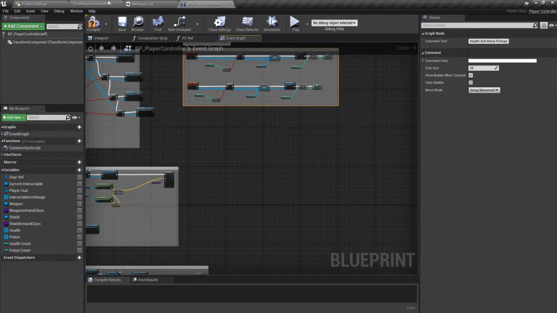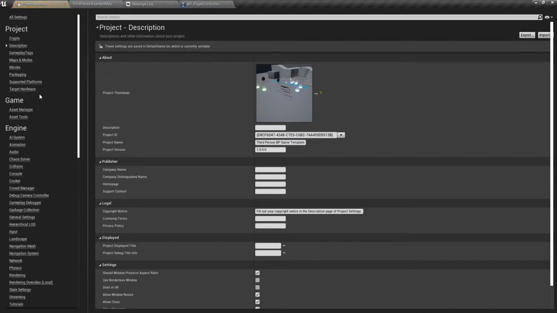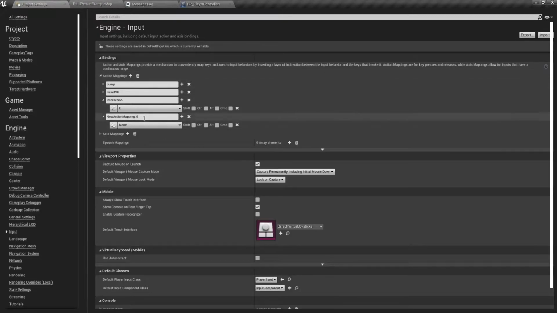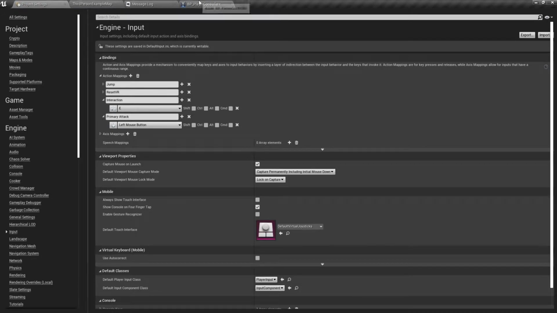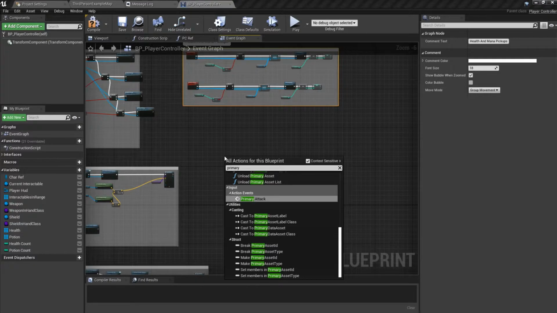Before anything we need to open up our project settings from the Edit menu. Click on project settings, and under inputs we have to create a new action mapping. We'll call it primary attack, and this one will be the left mouse button. So we can call in our primary attack event,